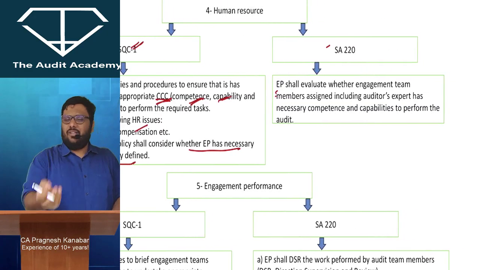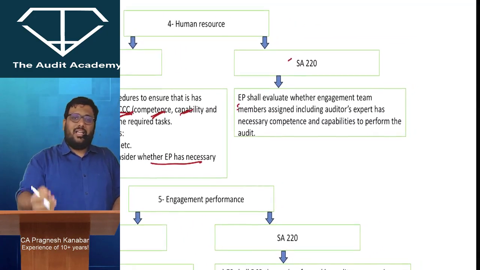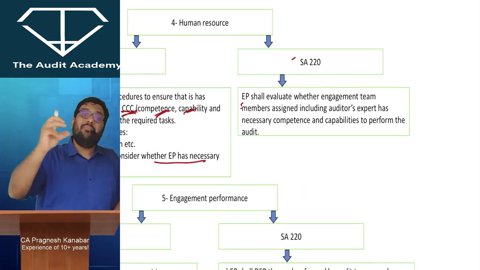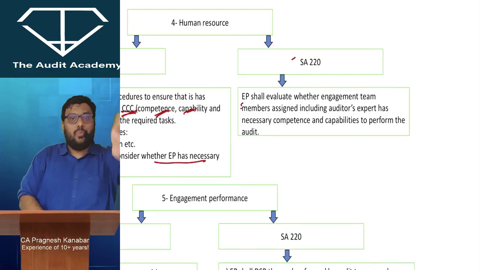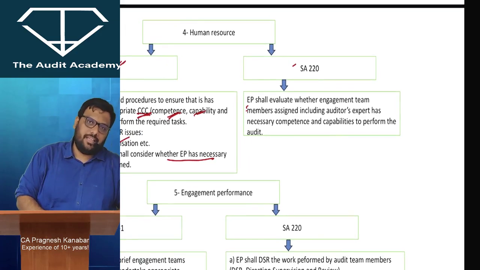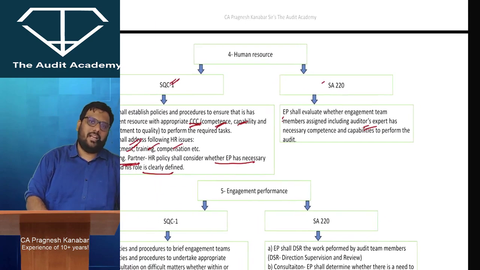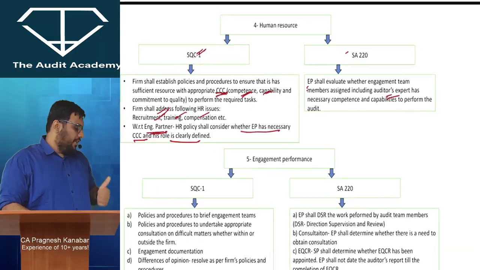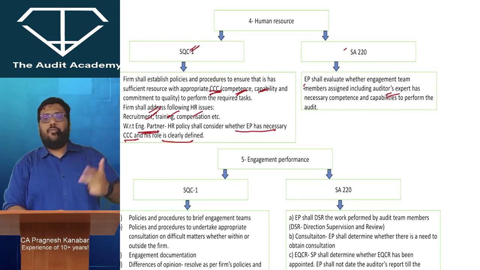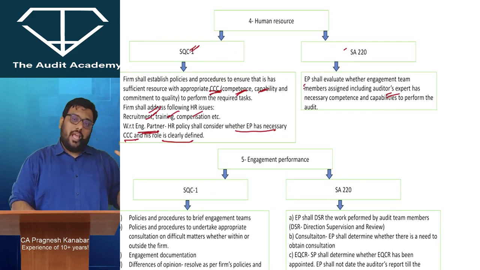And in ISA 220, there is just one line: whatever audit team members have been given to you, you, the engagement partner, should at least evaluate whether the audit team has appropriate competence and capabilities. But no need to memorize that particular line. So L for leadership responsibilities is over, E for ethical requirements, A for acceptance and continuance, H for human resource,